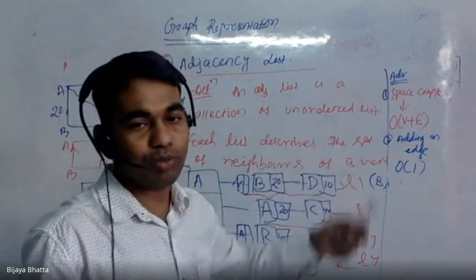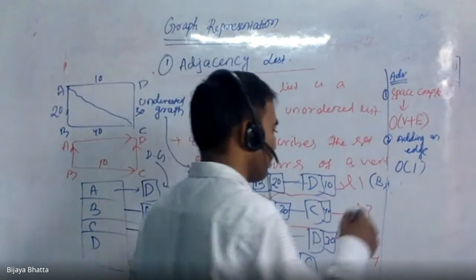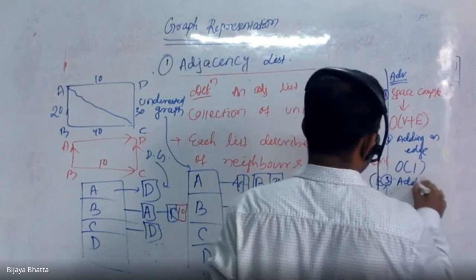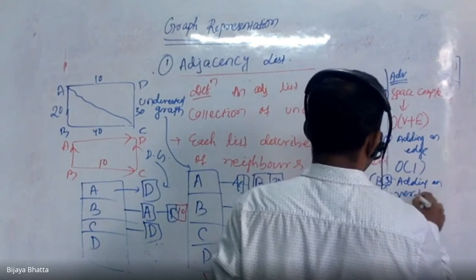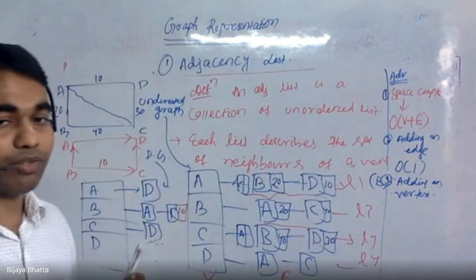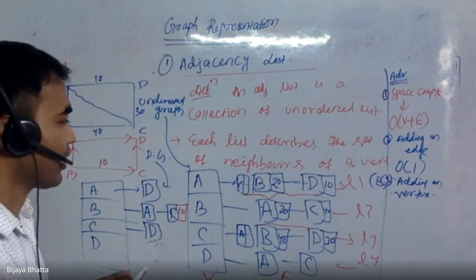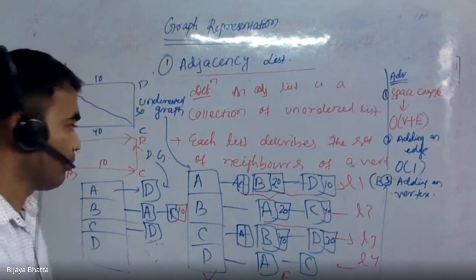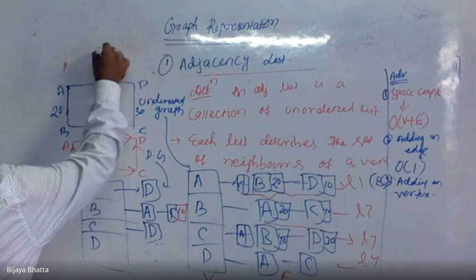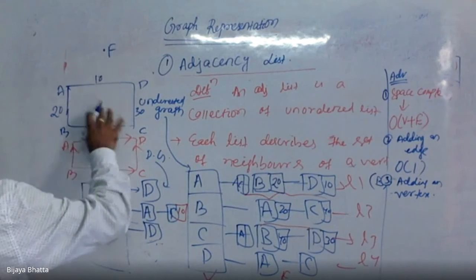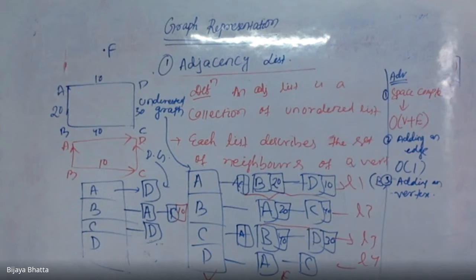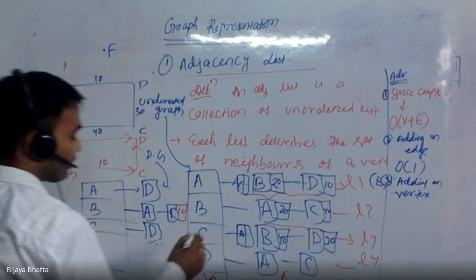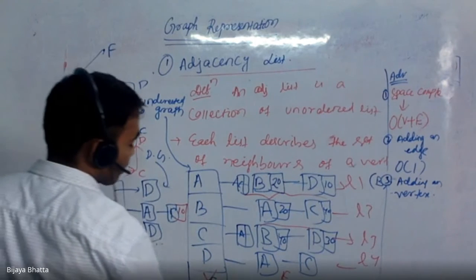And that was also the same for the matrix, if you remember. But the very important point is adding a vertex. If you think about it for a while, how much time complexity is it going to take if you're planning to add one vertex? Earlier, if you remember, it was order of v cross v. Suppose I am adding this particular vertex f. What exactly work do you need to do? You just need to create the f here, and if you are adding an edge, then you need to create one more edge.